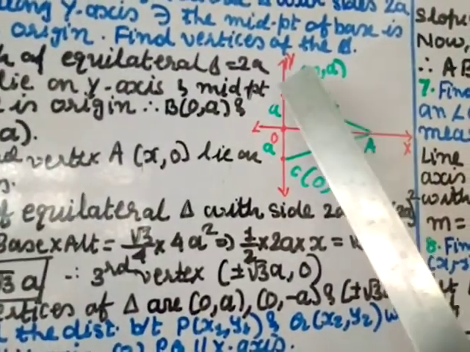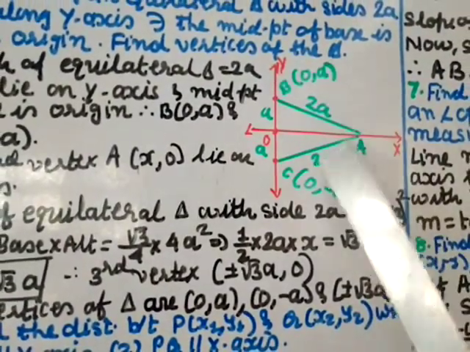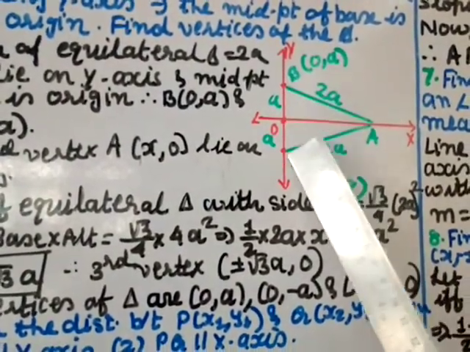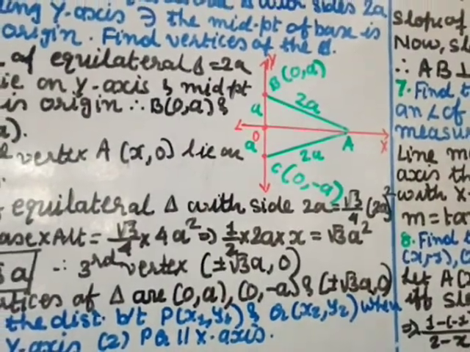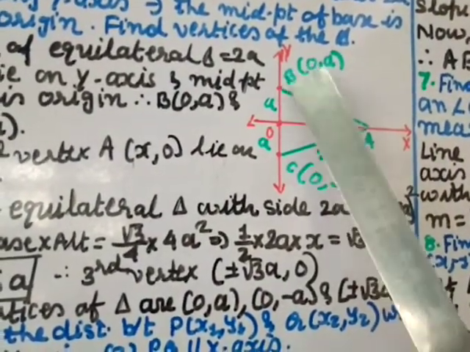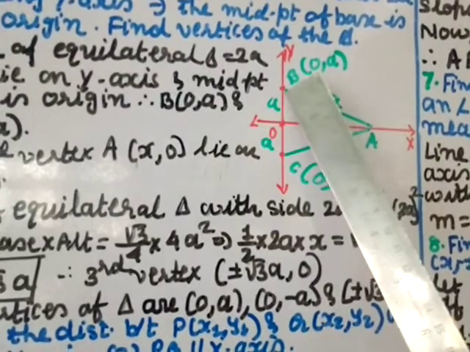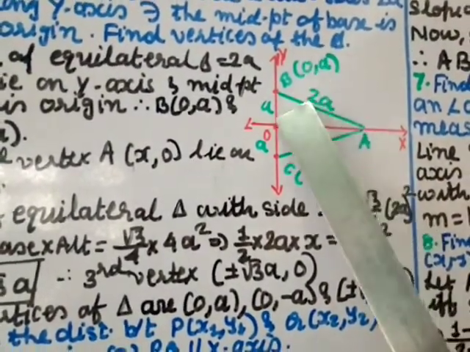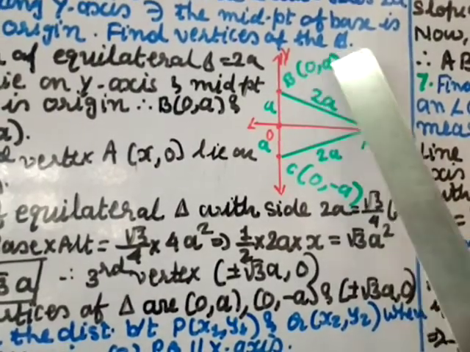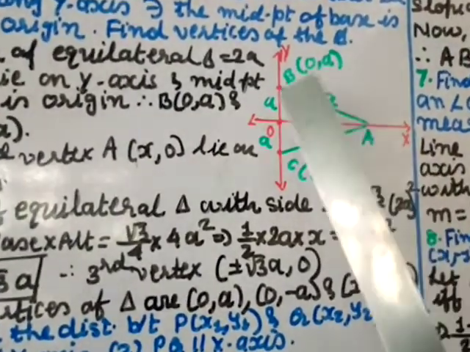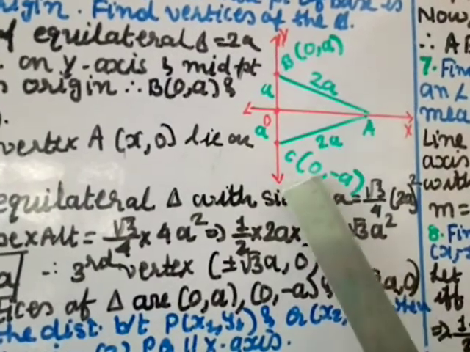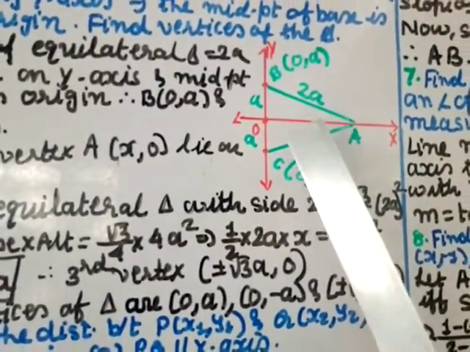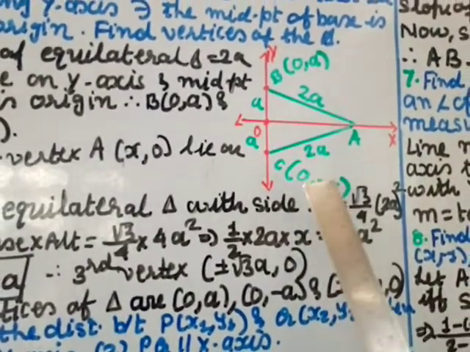Okay, so if this is an equilateral triangle, so this is 2a, 2a, and this also 2a. So this is the midpoint. Obviously this distance is a and this distance is a, then only it will become 2a. So from origin to here it is a. So the coordinate of this point will be on the y-axis, x coordinate is 0 and y coordinate will be this much distance, so (0, a). I call it B, and in the negative y direction the coordinate of this point will be on the y-axis, x coordinate is 0 and y coordinate will be this much, but it is negative, so (0, -a).